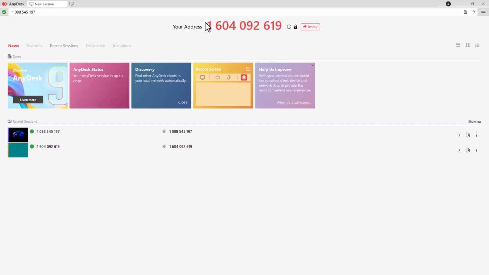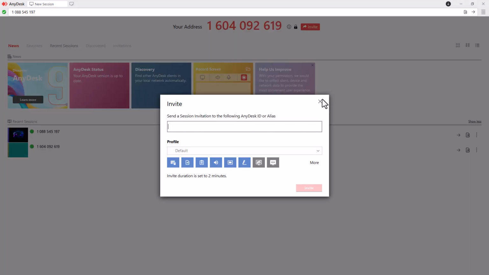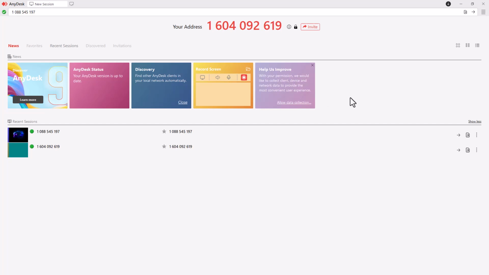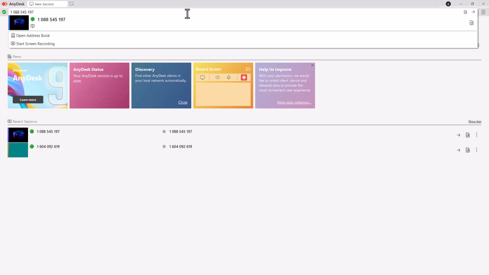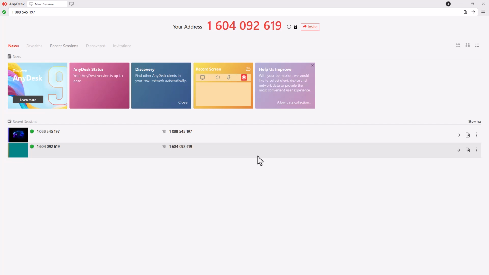So over here, you can see this particular ID right here. If you were to go ahead and send an invite, then the other person will simply get an invitation to accept to access your computer. But if you want them to send the request, then you can simply share this particular number right here. That is my address right here. Once they go ahead and enter it on their address bar like this and connect, you will get